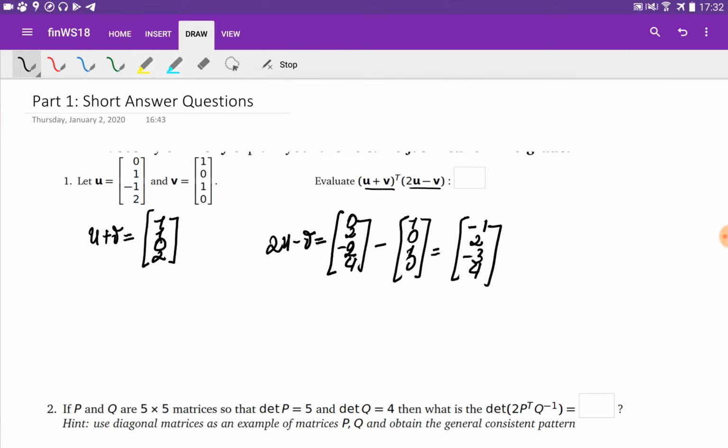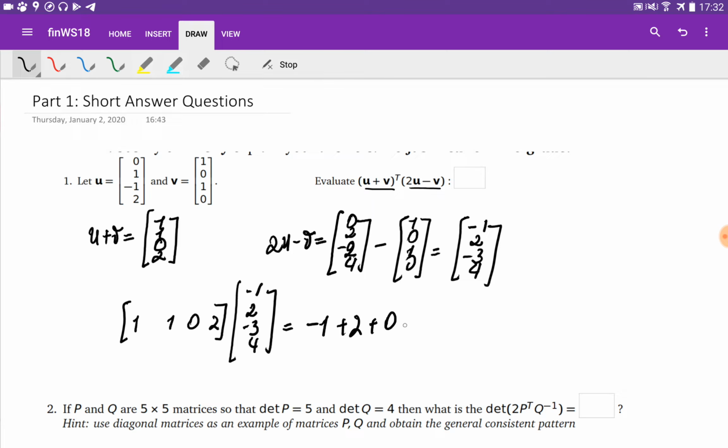So at the end, we just need to multiply them as a scalar multiplication, where we can write this as the 1, 1, 0, 2 vector, because this is going to be the transpose of the u plus v vector, multiplied by this, minus 1, 2, minus 3, 4. It's going to be minus 1 plus 2 plus 0 plus 8, which is going to be equal to